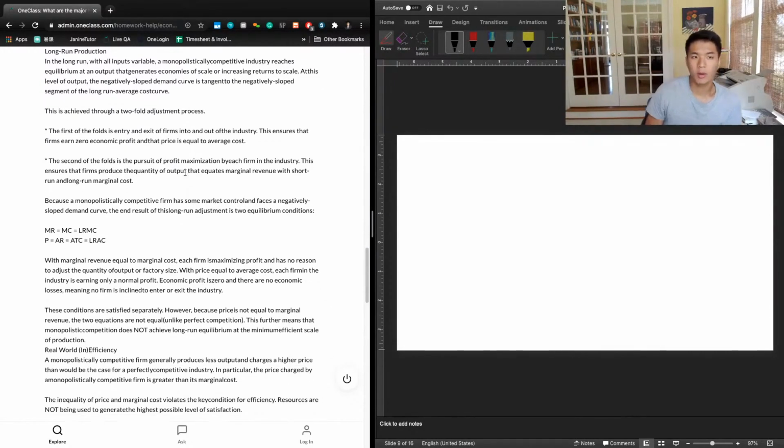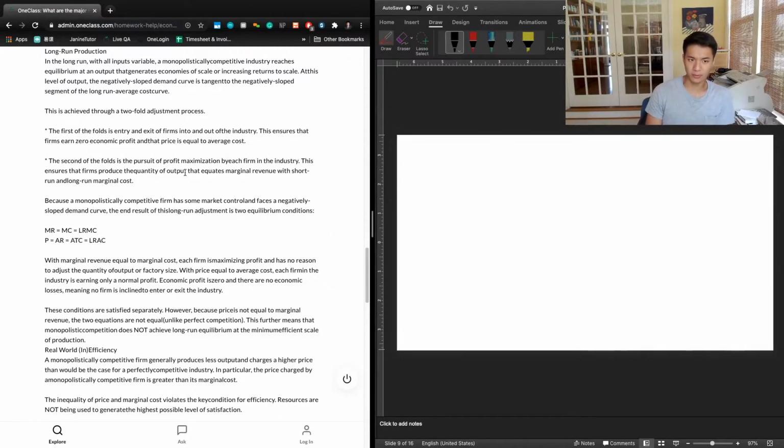In the long run, with all inputs variable, a monopolistically competitive industry reaches equilibrium at an output that generates economies of scale, or increasing returns to scale. At this level of output, the negatively sloped demand curve is tangent to a negatively sloped segment of the long-run average cost curve. This is achieved through a two-fold adjustment